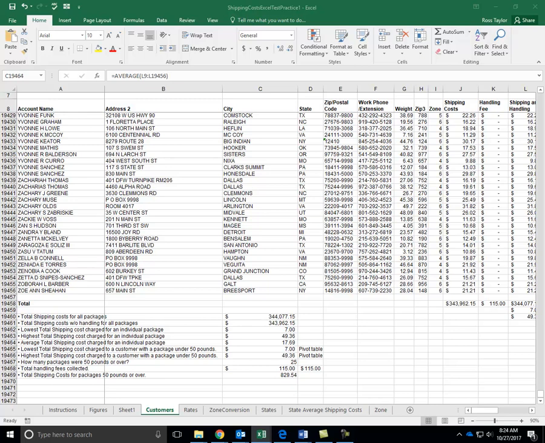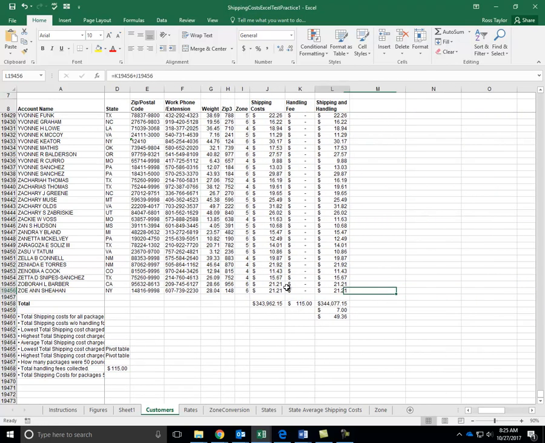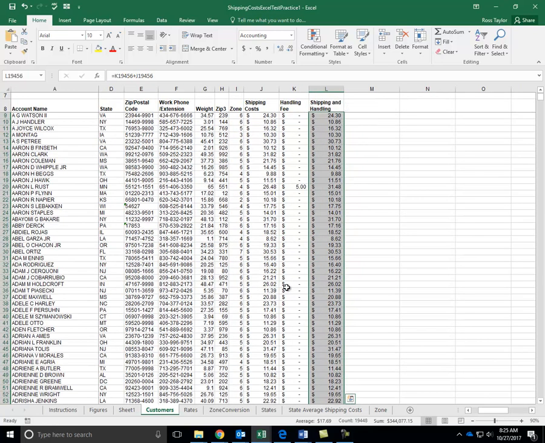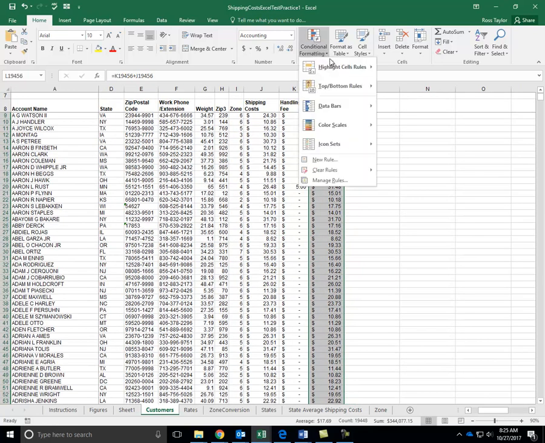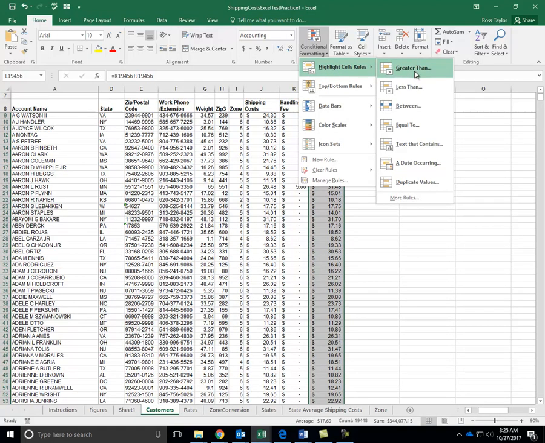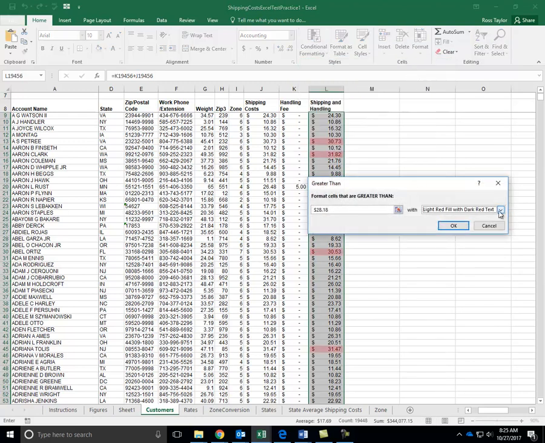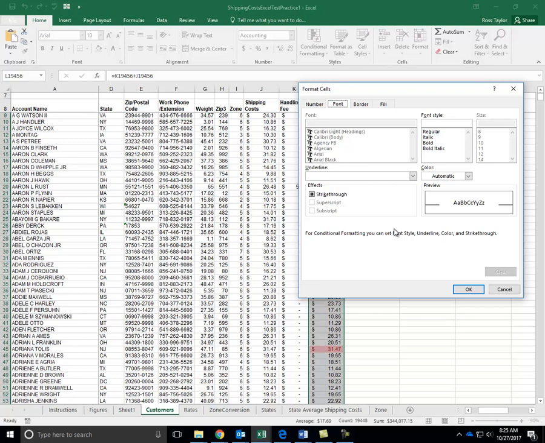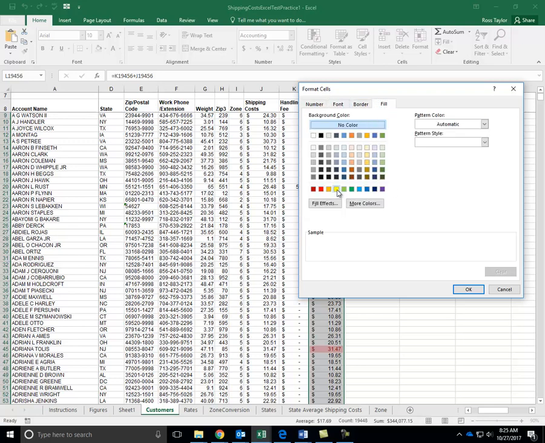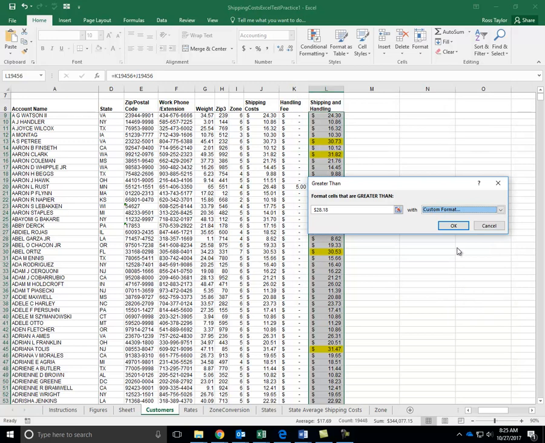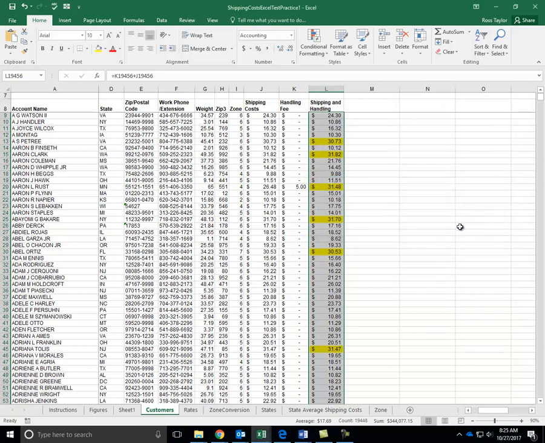Format so that the fill color will become yellow for individual items with total shipping over 30. Okay. I'm going to do my conditional formatting, highlight rules, and it's greater than, and here custom format, the fill color yellow. I don't really care what shade of yellow. Okay, so that works, and then